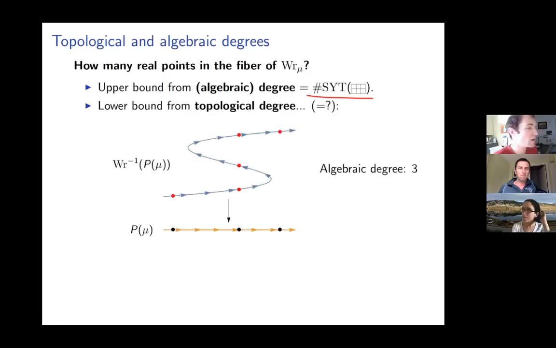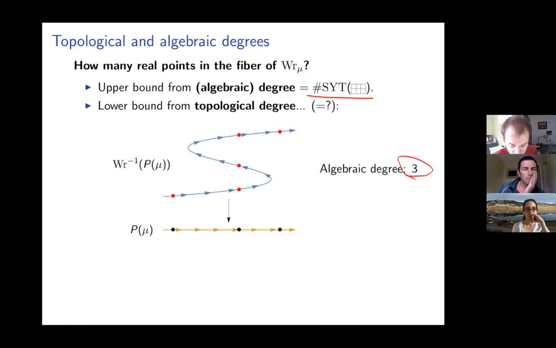Okay, so that's the upper bound. And then we have a lower bound, and the lower bound actually really uses real algebraic geometry. It's going to use something called the topological degree of the map. So I want to illustrate this by way of a picture. I've drawn a toy pretend version of the Wronski map here. I've tried to make it look like a cubic curve. So you can imagine here that the algebraic degree is 3, a cubic curve. So all the fibers are 3 points over the complex numbers, but you can see that some of these fibers